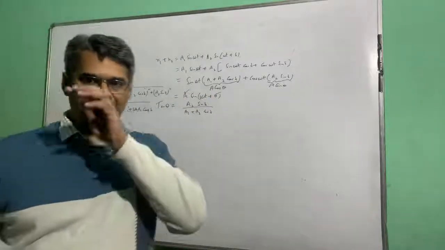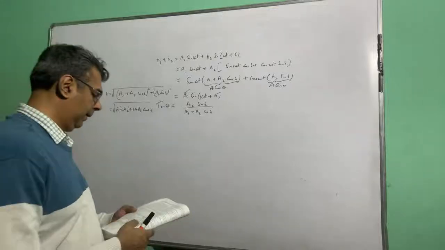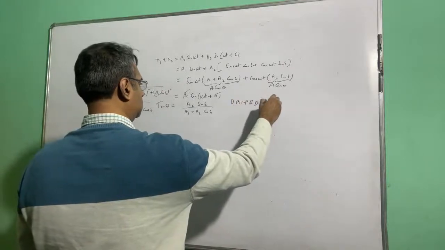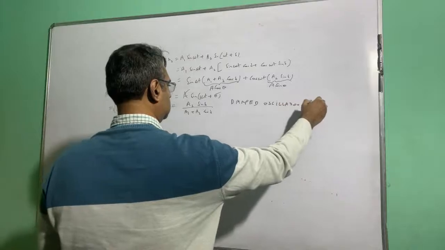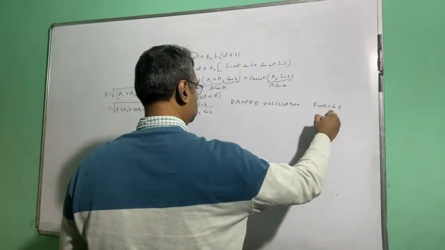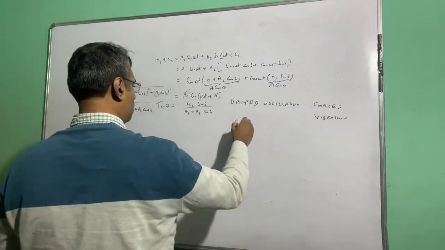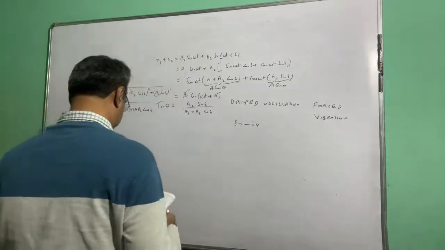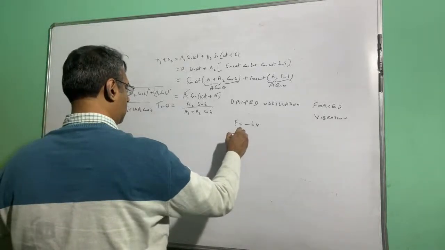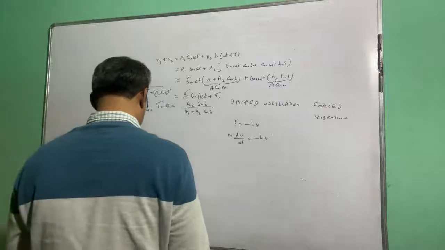Okay, now we come to the next part of the chapter, that is damped oscillation and forced vibration. So suppose the equation of simple harmonic motion, F equal to minus bV. So m dV by dt is minus,